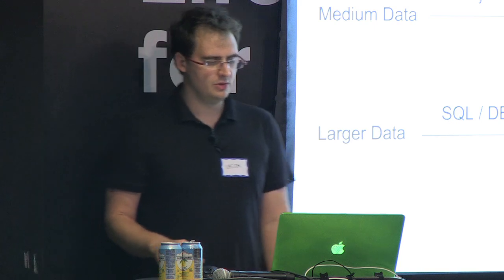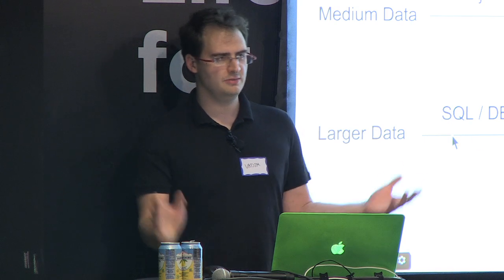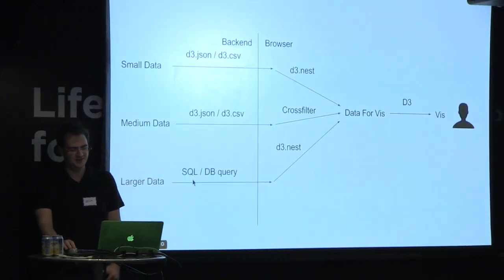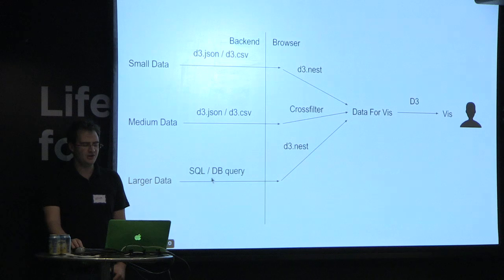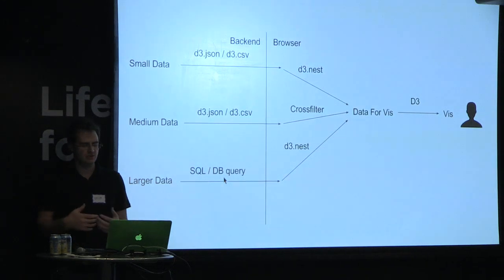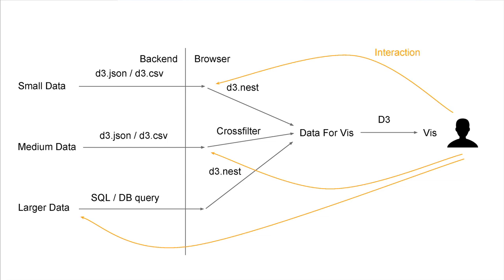So here's a classical scenario: you have SQL. I don't know to how many of you this is an offensive word, and to how many of you it's like, oh, cool, SQL. Or some DB query. There are a lot of databases out there that don't use SQL as their interface. They maybe have their own JSON interface of some sort. And then you get the data back from it, you do some manipulation to it, and then you render this data using D3 and present it to the user.